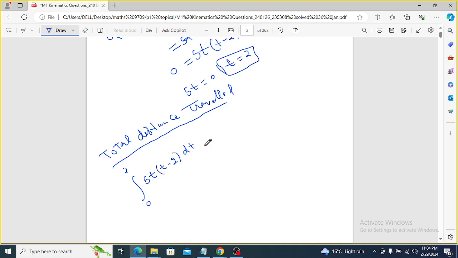This is my first, and then plus the second interval is from 2 till 4, and my expression is 5t into t minus 2 into dt, plus there is a rectangle in the shape, and that would be length into breadth, that is 10 into 40,